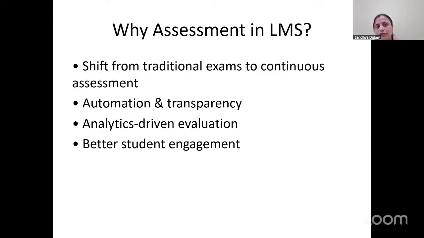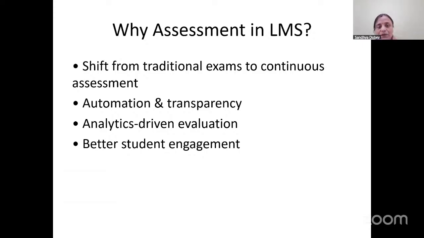When you're going for formative assessment, you will not allow the students to sleep off or lose their concentration in the classroom, because you know that anytime you can launch the assessment. They are aware that out of the 60-minute class, my teacher can put a test at any moment, and if I'm not alert, if I'm not listening, or if I'm involved in something else, I may miss out.